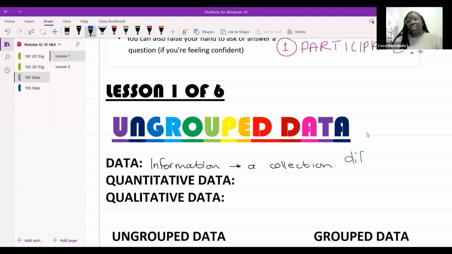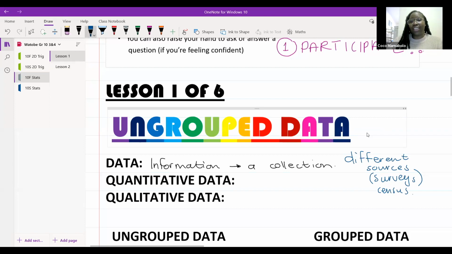It's always from different sources. One of the ways that we collect data is using a survey. Surveys aren't the only way. There are a few ways we can also count or collect data, like a census. Do we all know what a census is? Good. Mawanda, interviews would also be something like surveys. Good. Graphs, yes. We could take a census, you could do a questionnaire, you could do graphs. There are many different places for us to look at data. Mateo doesn't know what a census is.